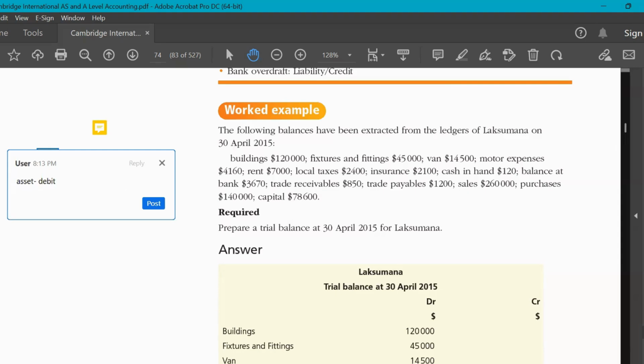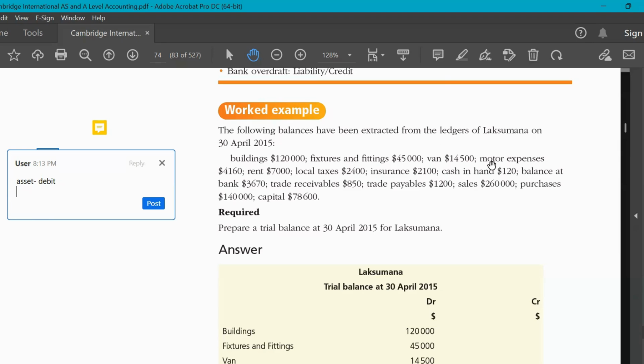Okay, let's have fixtures. Fixtures and fittings. When we say fixtures and fittings, these are the furniture, the shelves, the counters, and these fixtures and fittings are considered as assets. And these assets are being used in the shop,